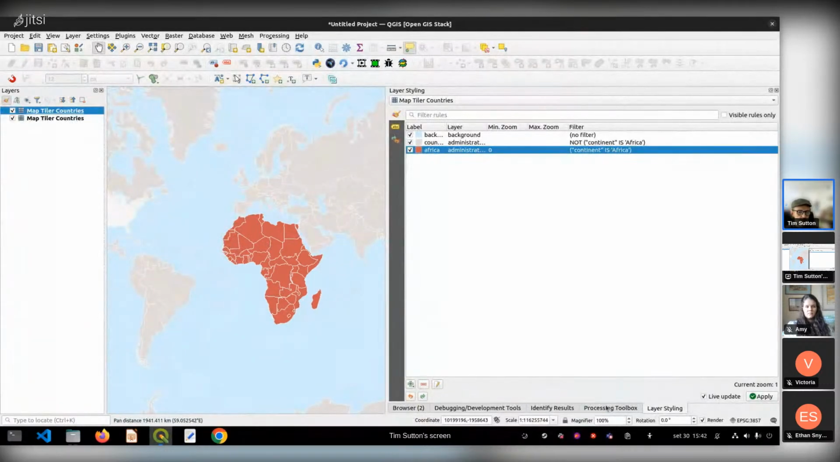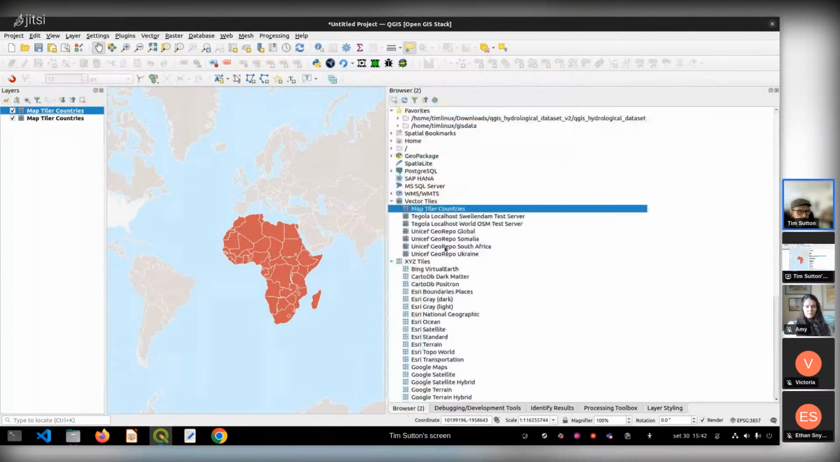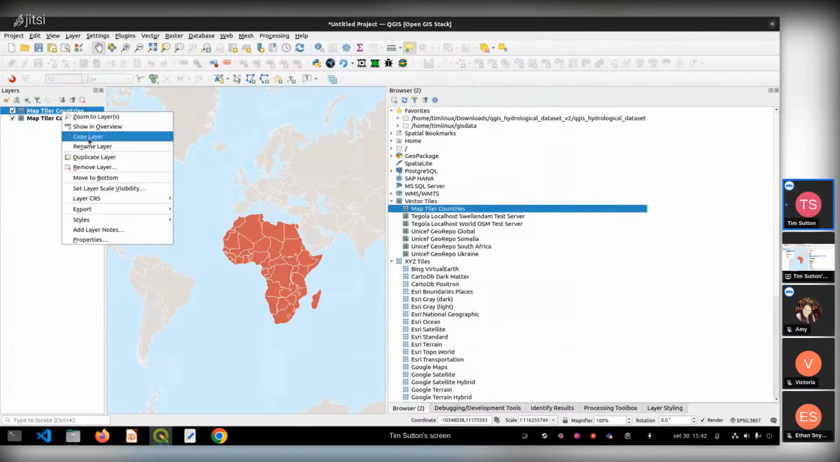create an entry in your browser with the style file and the URL to the tile server. And whenever you add it to your map, you're going to get that style automatically added. If you want to as well, you can save this as a